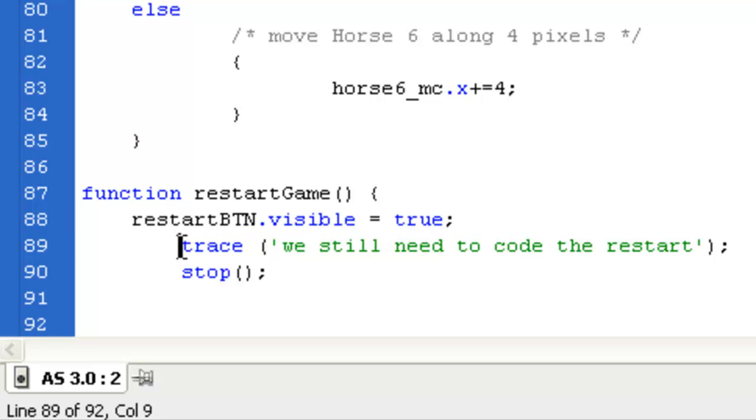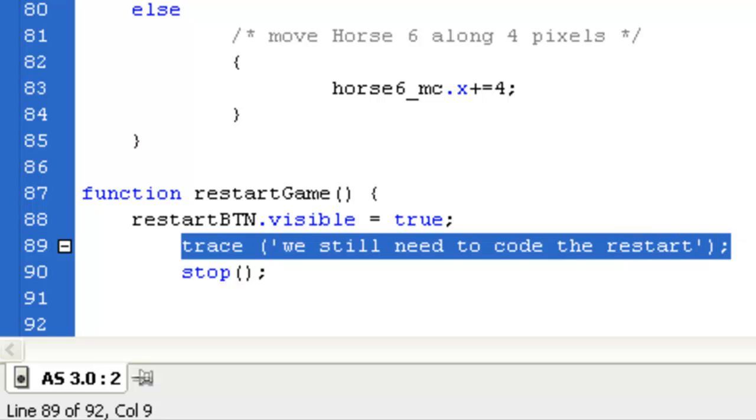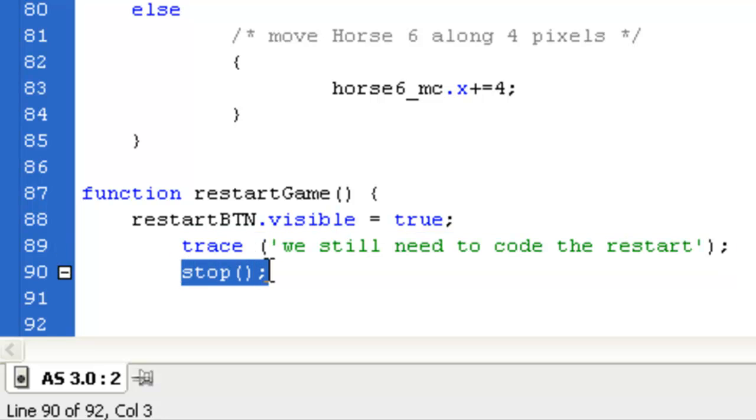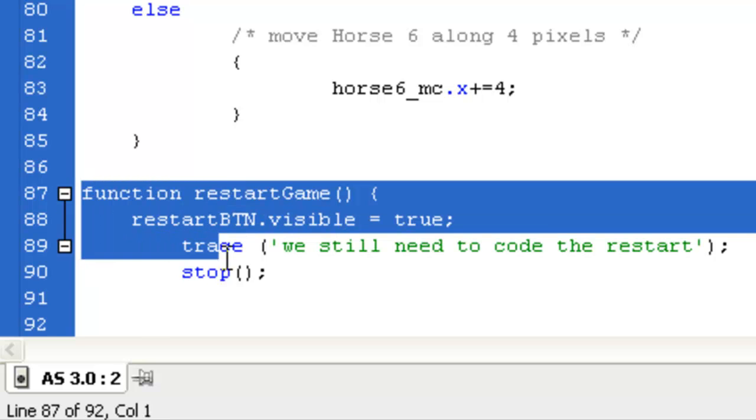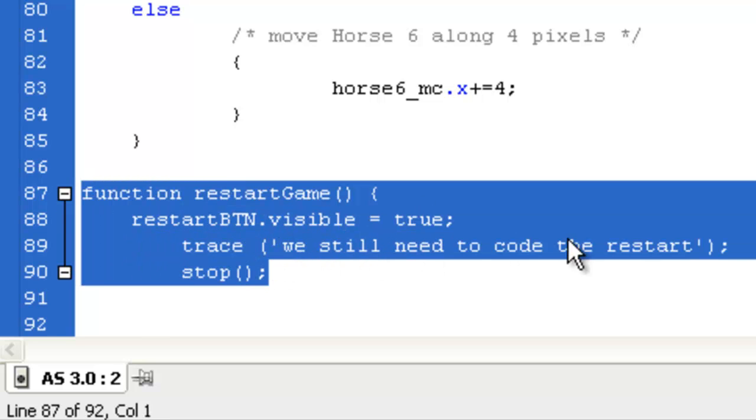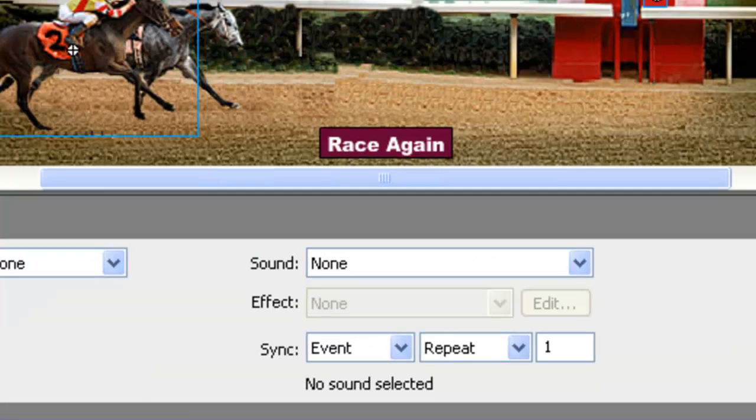Now we're going to put a trace in here too. A trace is just where you put in some writing that's going to come out in the work area. We still need to code the restart. Now, we're putting a stop here, which is supposed to just stop everything where it is. So we're not writing the function yet. We're just doing a little bit to check that all these calls are working. And it's best to do that. Don't write the big restart game function, all of it, straight away. Just do a little bit. Put a trace in so we can see that it reaches here okay,